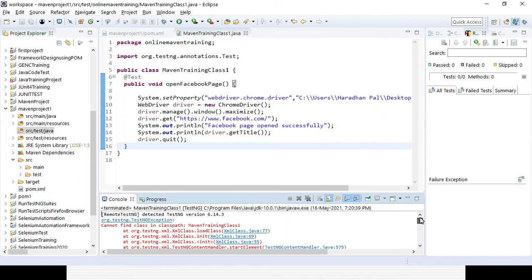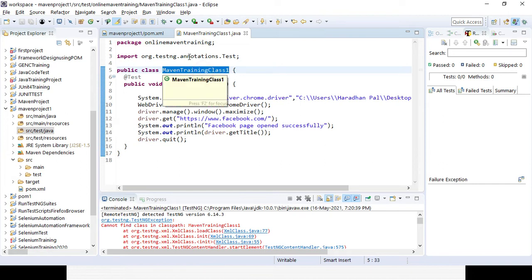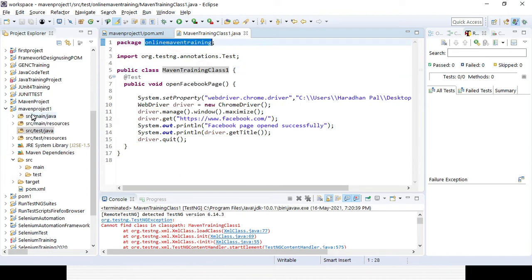Cannot find in the class path Maven training class 1. Class name, okay, that is created in a different way, right? You can see the package name. Package is online Maven training, but here it is not the same.